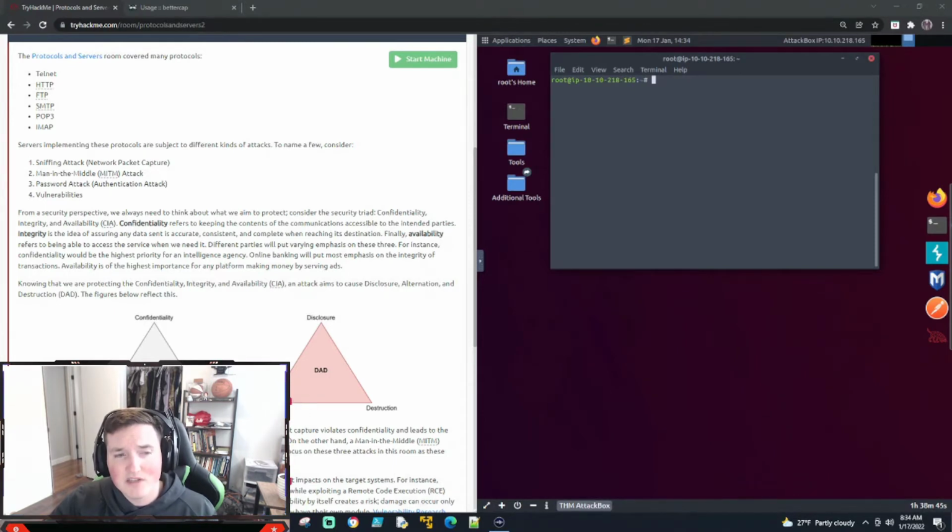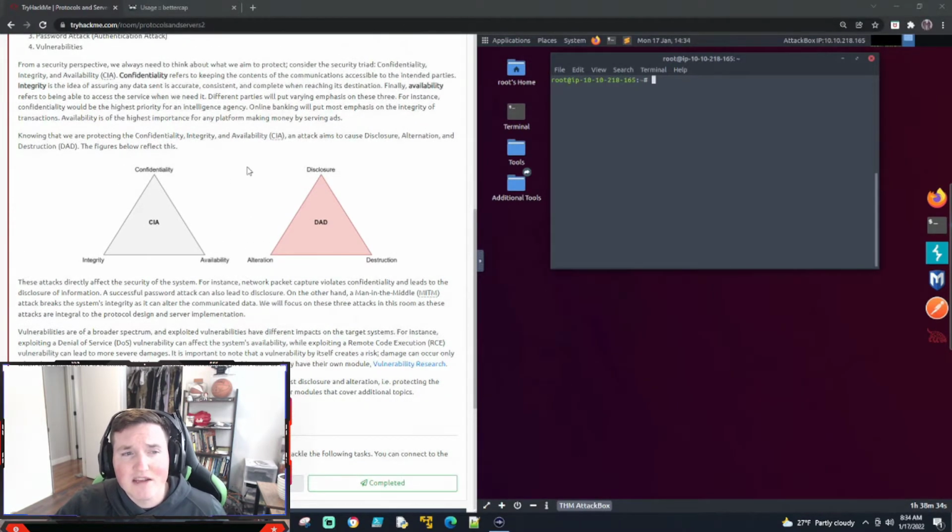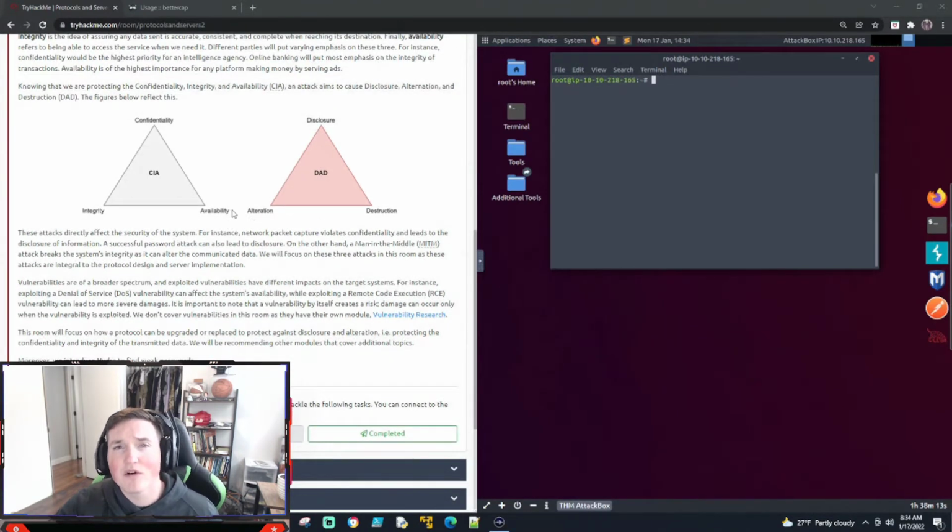So it's a tough situation, right? You have to get right in the middle of all three of them. What they mean by that is, let's say you make it so confidential that there's no availability. If I lock the file down so encrypted that nobody can access it except one guy, and it needs to be accessed by a bunch of people, well, you're losing the availability. So you need to find that middle ground for the integrity, the confidentiality, and the availability, okay? This is something very well known in the cybersecurity world.